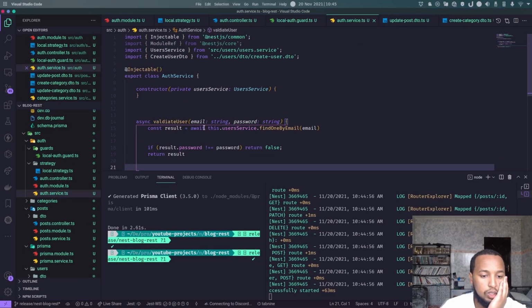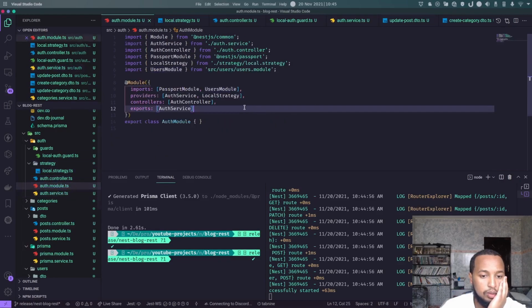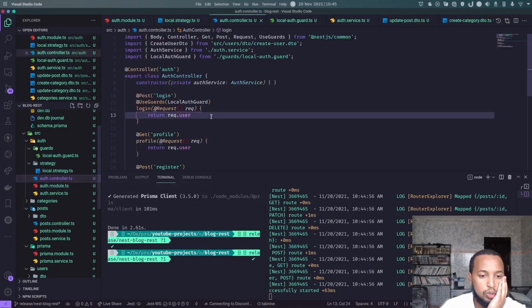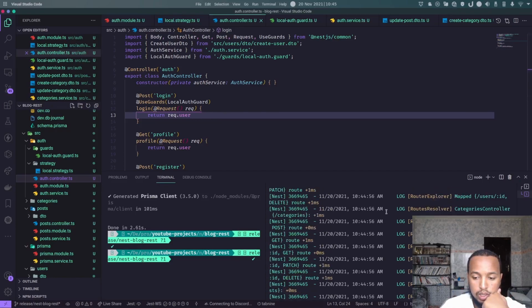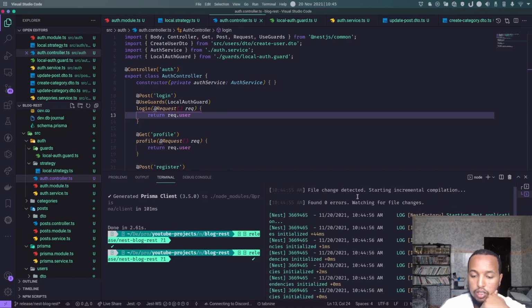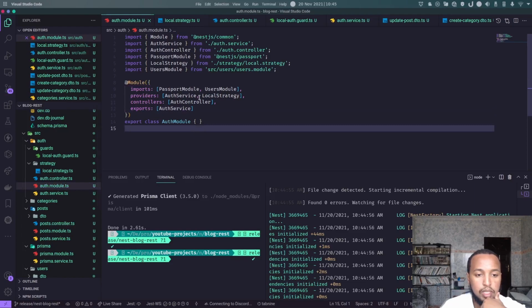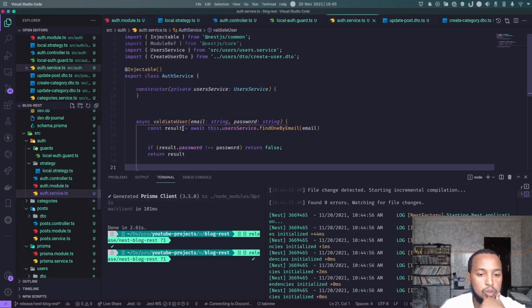that I'm not able to use module ref, and the module ref was working before in the previous project. I'm still using module ref in the previous one, but in this one it's not working at all with Prisma service, and I cannot initialize it, and it will have some problems. So to solve the problem, again, just import the users module, and then we will go to the auth service